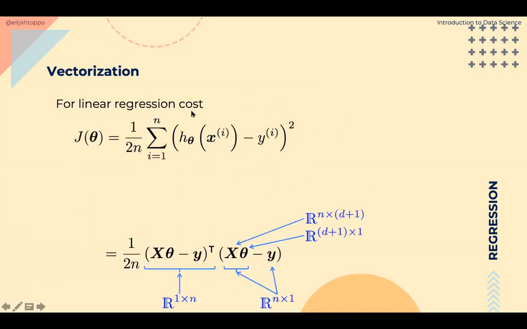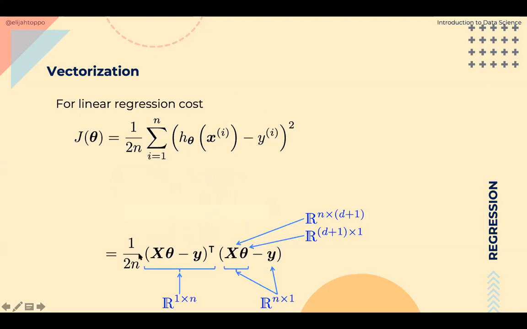And finally, we can also take the cost function and write it in an optimized form. Okay. So here, this cost function evaluation actually has two loops. You see, this part here, h theta of x, requires a loop, and additionally, this summation also requires a loop going from 1 to n. Now, both of these loops can be minimized by writing our cost in terms of this.